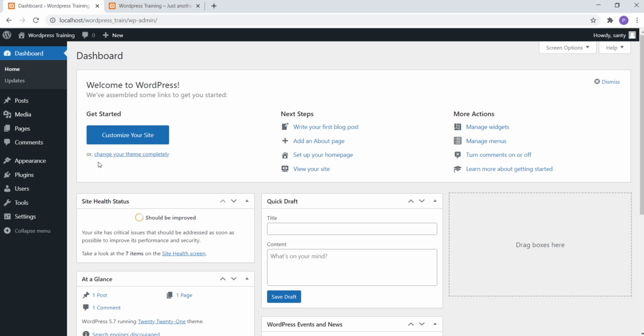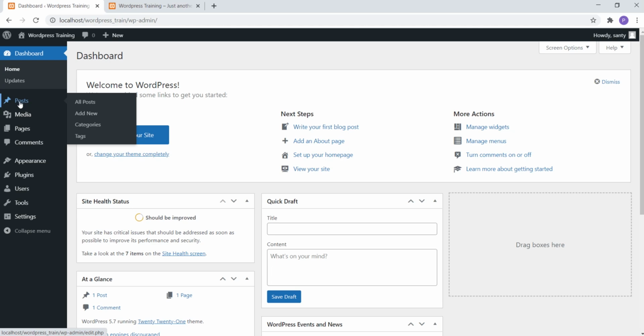So in the last video we have seen about the dashboard. So now we will be looking into something called posts. If you just hover on this post, you get options like all posts, add new, categories and tags. If you want to create any post or any blog for your website, then you can create those blogs here.